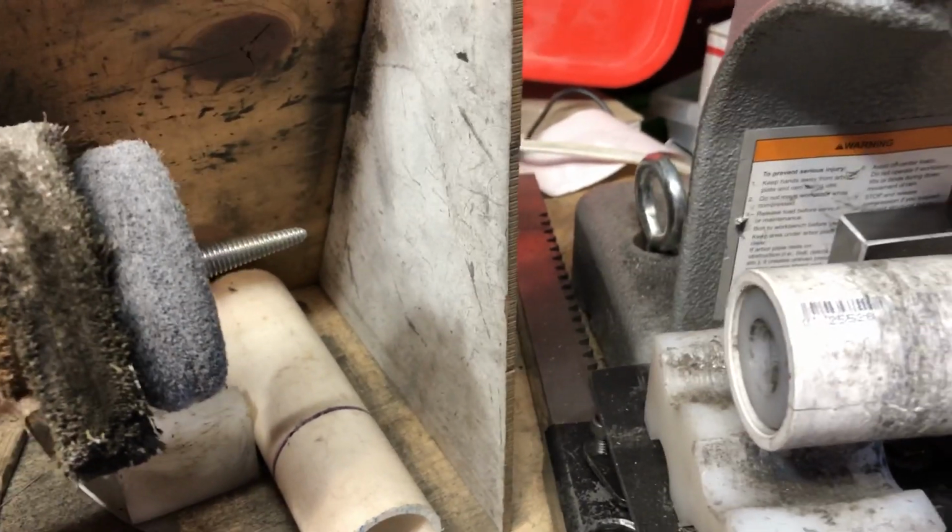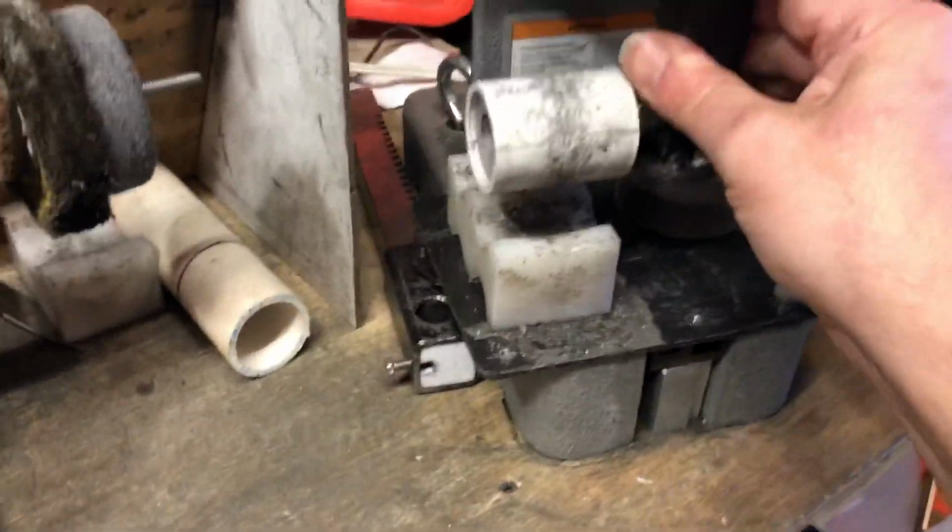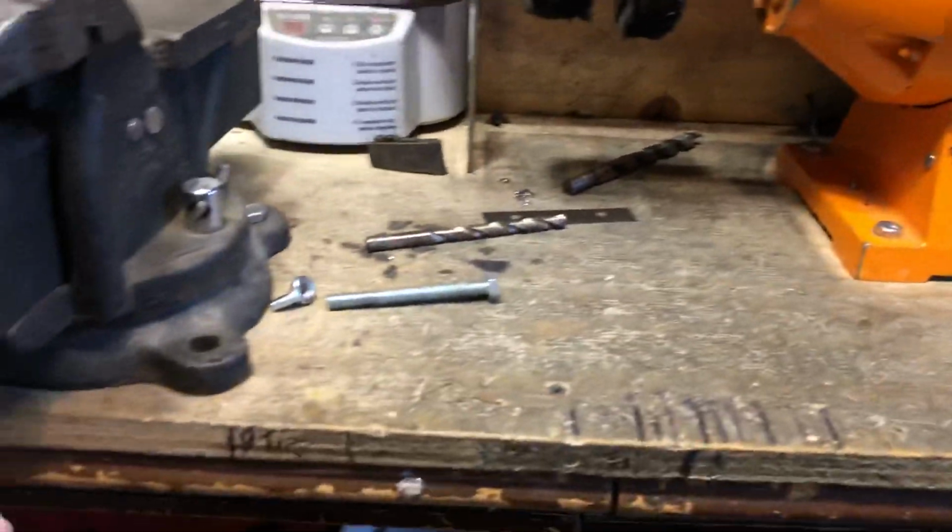And once it's tight, then it's solid. So I hope that helps you,